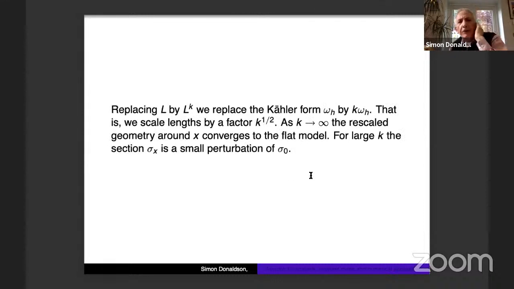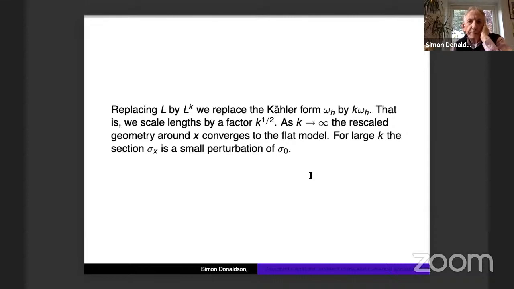So in our asymptotics, we're interested in replacing L by L to the k, and then making k large. When we do that replacement, we replace, if you like, the Kahler form omega h by k times omega h. So this is what defines our metric. In metric terms, we scale lengths by a factor of the square root of k. So as k tends to infinity, if we use these metrics naturally associated to the L to the k, the manifold becomes very large, and the geometry in a given neighborhood of X converges to the flat model,